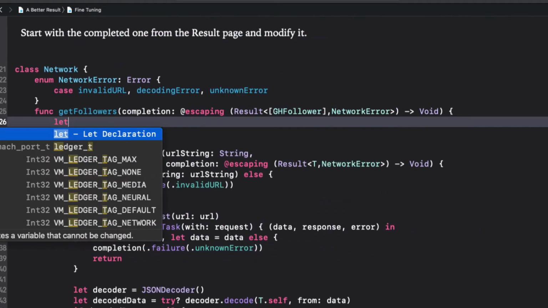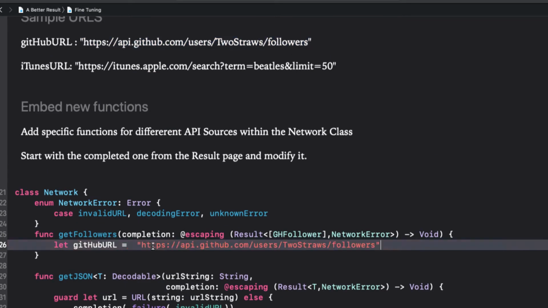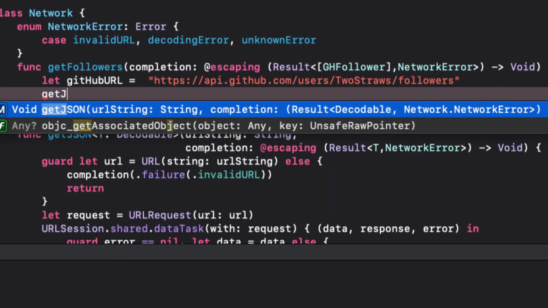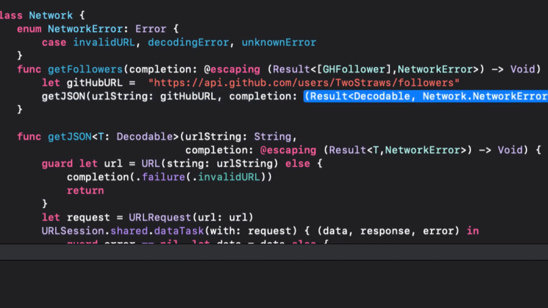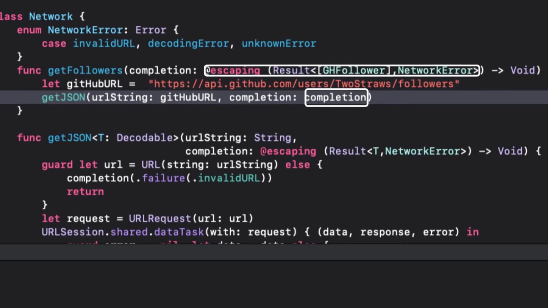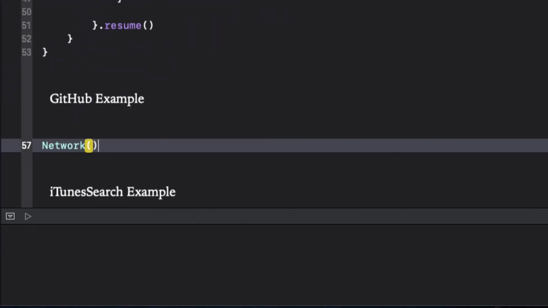The endpoint for this particular function will always be the GitHub followers endpoint, so let's define it within the function. And now let's call the getJSON function passing in this URL, and the completion will be the specific one that we have just defined as our function parameter. Now this makes our function call so much easier. We can just do